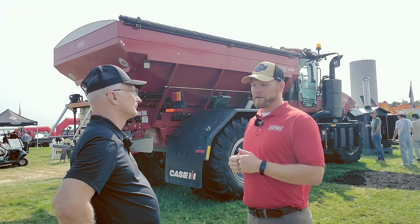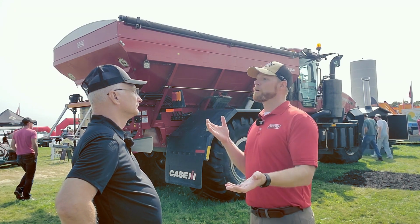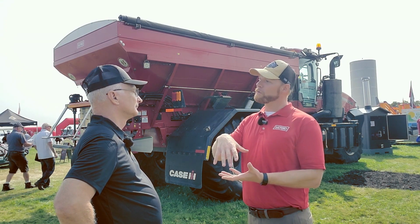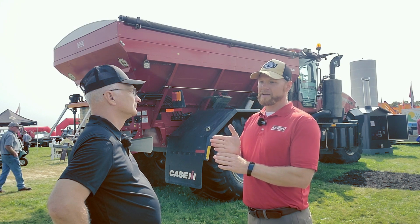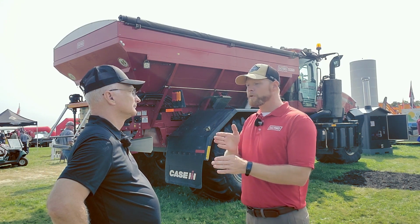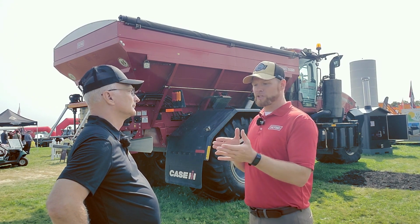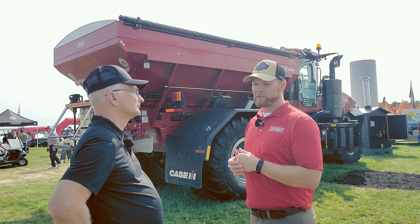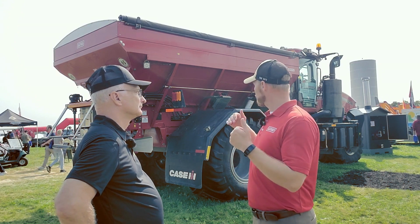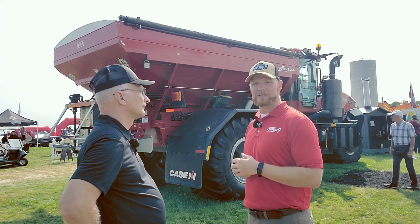And then the 400 plus model is also capable of doing two product fertilizers. So we have an insert bin that we can drop into that. And it's a 60-40 split to that compartment, or 50-50. There's a baffle inside that allows you to change the capacity of the internal bin. So if you're doing multi-product application, you can hit that up to 120 feet spread, and 12 section control is